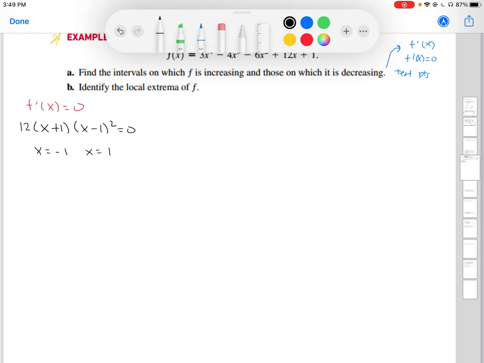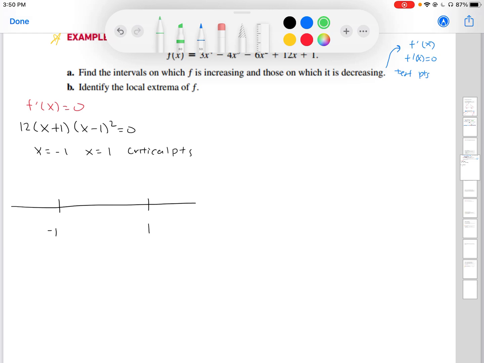All right, so let's go ahead and make a chart as to where we can test our critical points. So these are our critical points, and we're going to test numbers in between. So I have negative 1 and 1. I want to test numbers in between to see if the range is positive or negative